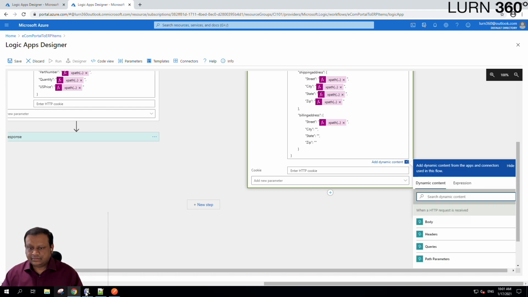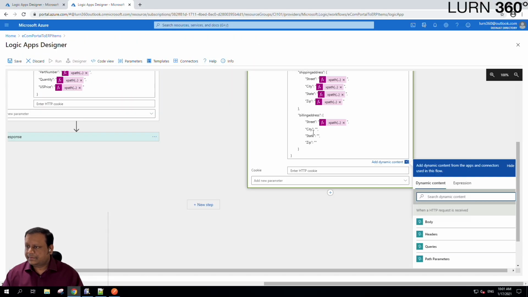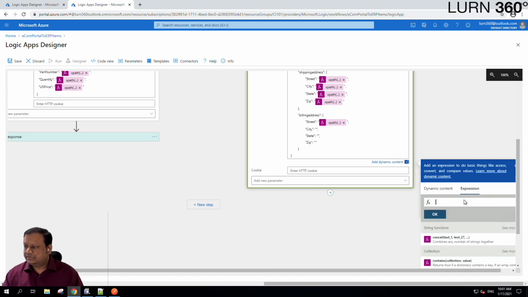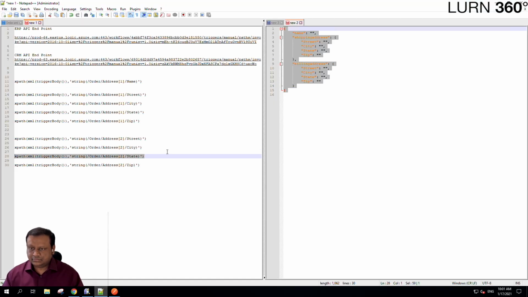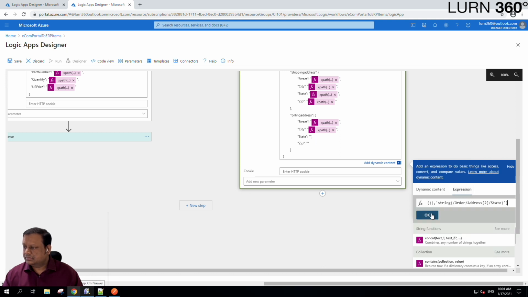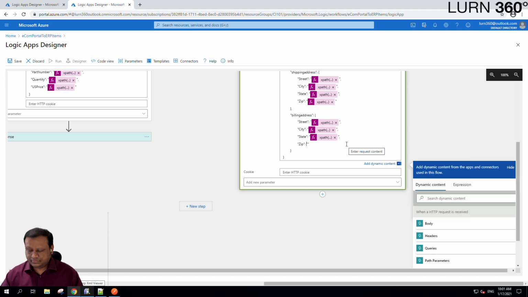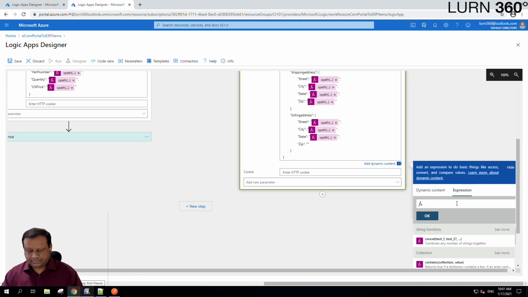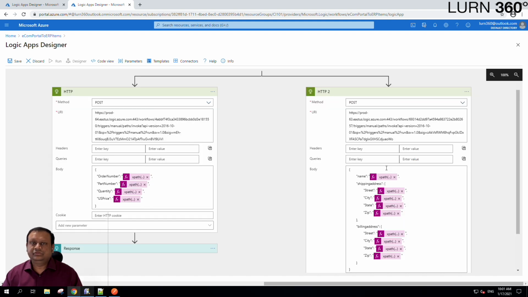Okay, and city. Expression, then state. And then zip. Expression and paste. All right, so we've just created the mapping that's required to send the JSON to the CRM